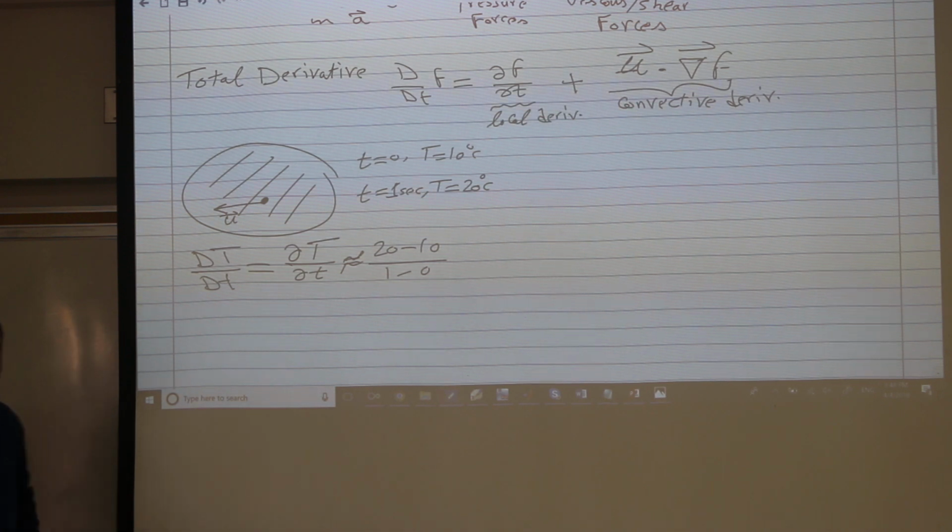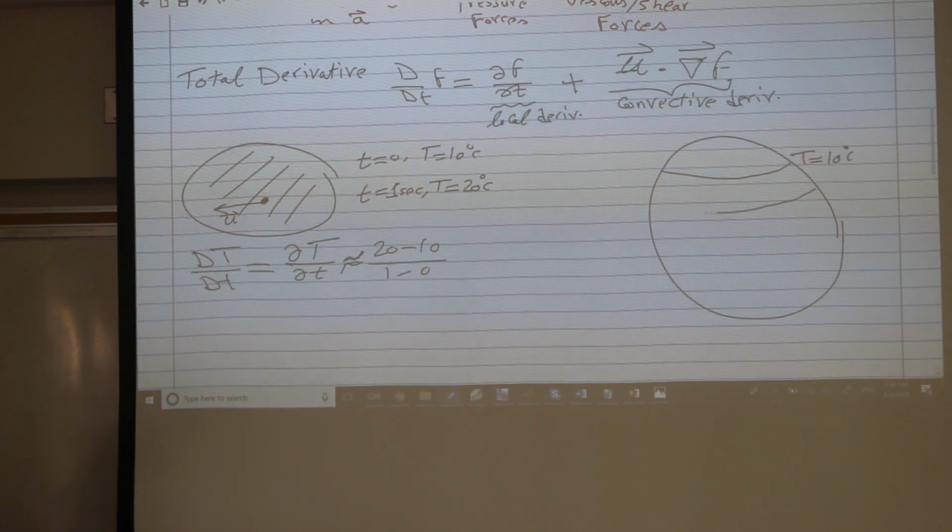On the other hand, if you have a sphere, the Earth, maybe along this line we have the temperature equal to 10 Celsius near the North Pole, then it gets hotter as you go towards the equator. Maybe at the equator it is 40 Celsius. And I have a particle